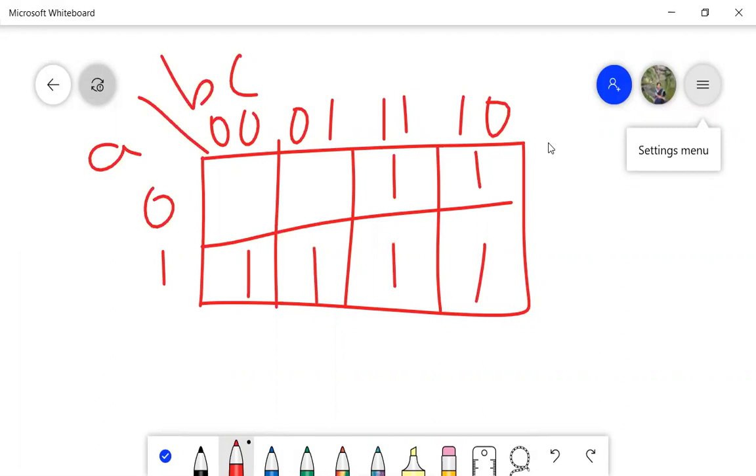If you want, you can also write it in your K-map, in small letters, and keep it. This cell represents 0. This cell represents 1. This cell represents 2. This cell represents 3. Here I have 4, here I have 5. This will be 6. You can write it in small letters and keep it for your reference also.